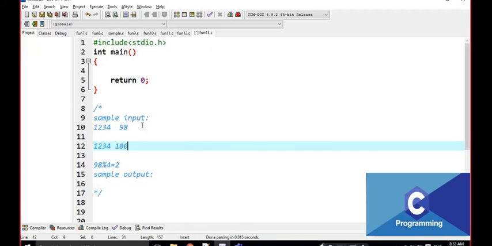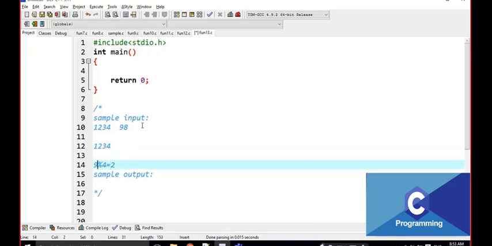For example, if the rotations is 100, what is the remainder here? The remainder is 0. That means no rotations are needed here. That's it. Very simple. What is my first task? My first task is to find how many digits there are. If it is a 5 digit number, I work with 5. If it is a 6 digit number, I work like this.